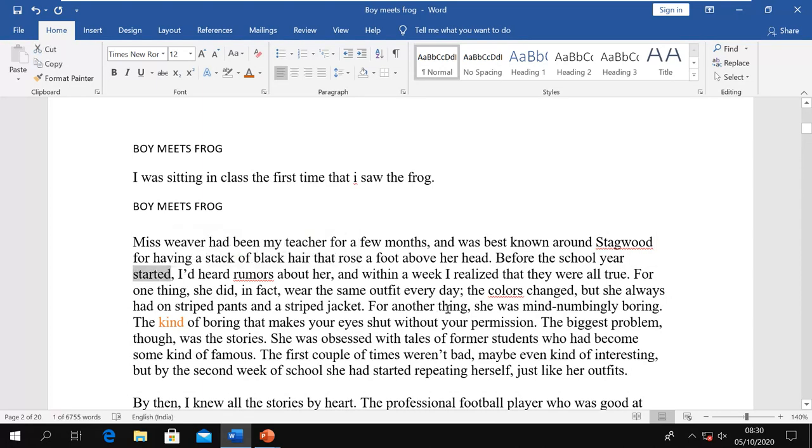Now this word is too big to fit into the place here. So it is not able to fit in this place. So automatically Word will do what? It will start it from the next line. So when you're typing, it goes continuously, and when the word is not able to fit in the place, then it starts the new word from the new line.